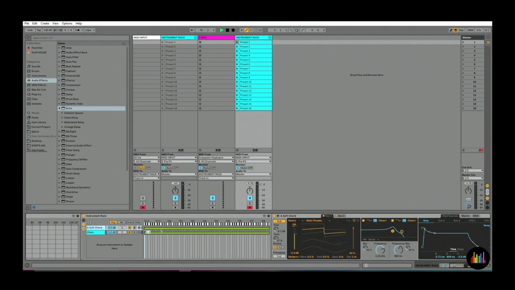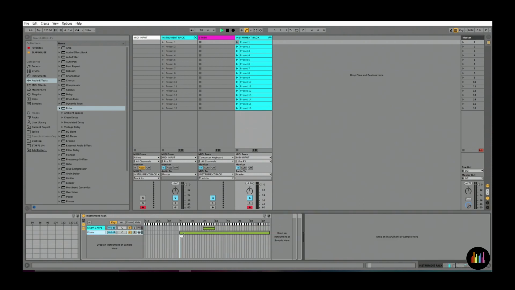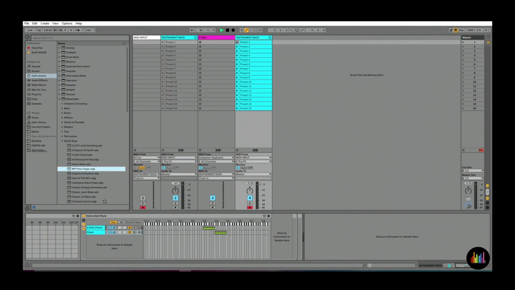So if you want a certain sound to play at a certain octave, I'm not going to go into great detail about this, but Ableton allows you to split your notes between different octaves, so you can have different sounds being played over different octaves. If you just want to have a certain sound being played over this octave, so C4 for example, what you can do is just drag in another sound into there, and then when I play